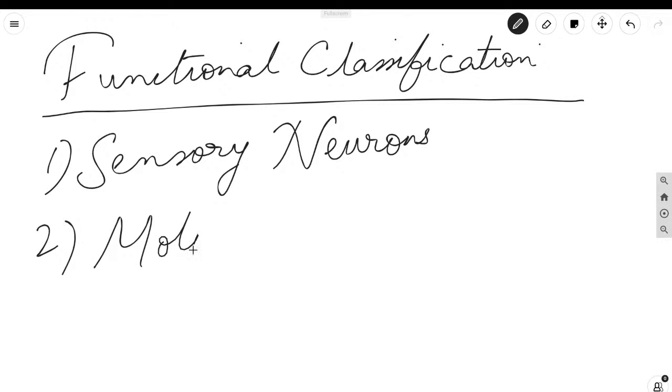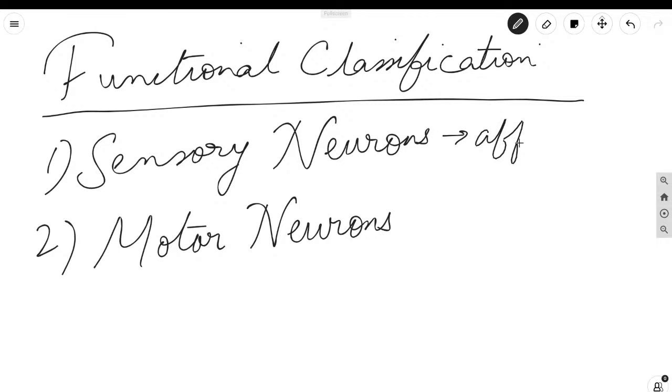Second is motor neuron. The sensory neuron is also known as the afferent neuron. The motor neuron is also known as the efferent neuron. The sensory neuron will conduct the message in the form of action potential or nerve impulse